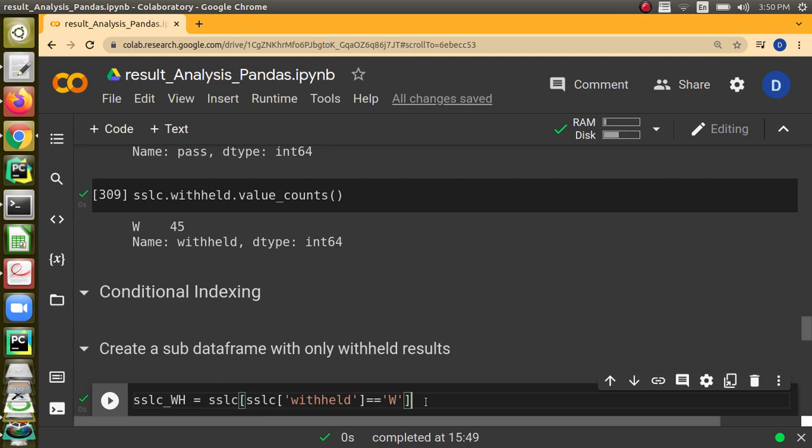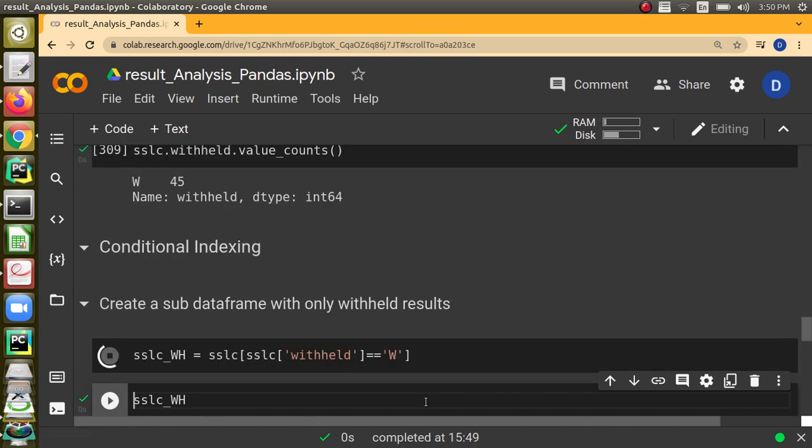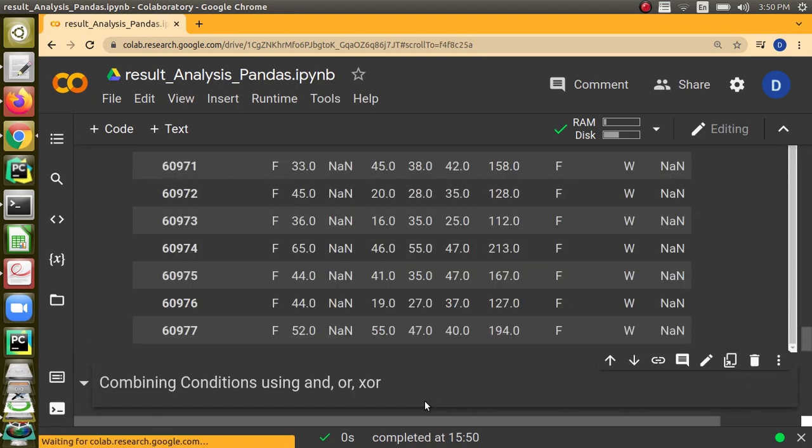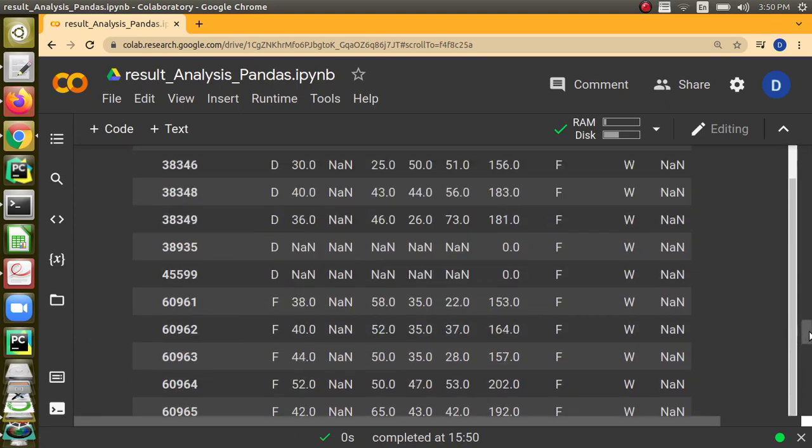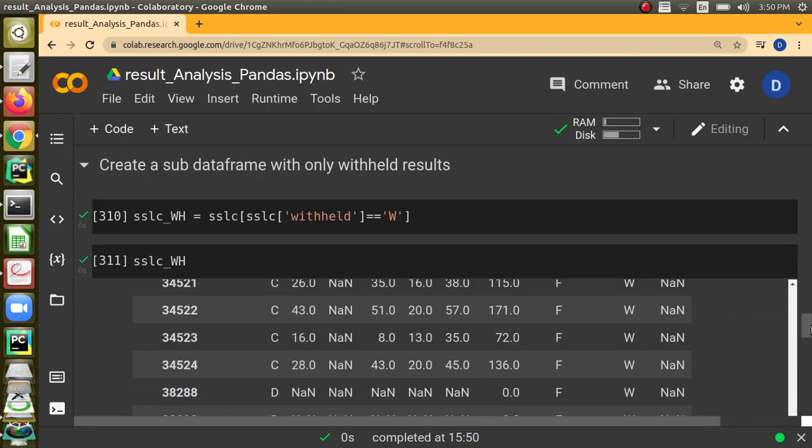We already know that within the square brackets we will be giving some values to refer to a particular row or a column. But here we will give a condition. So this is called conditional indexing. So now you will see that SLC_WH will have records whose results were withheld, right?